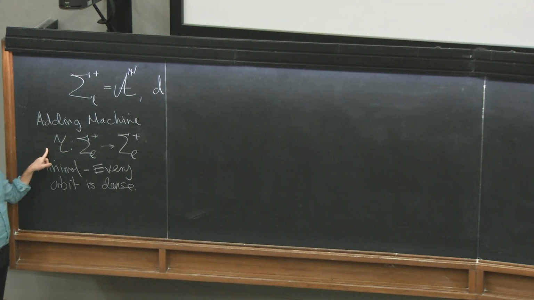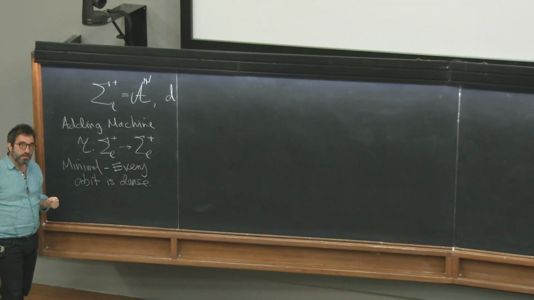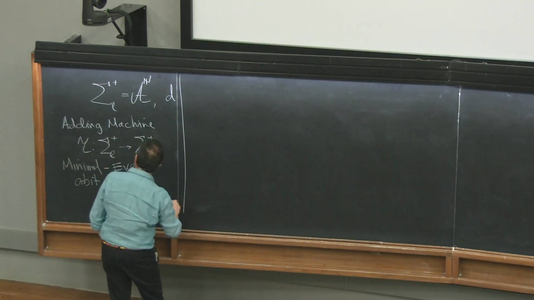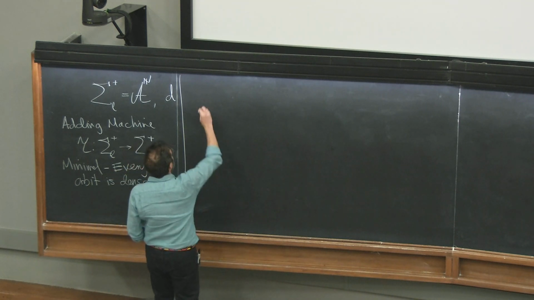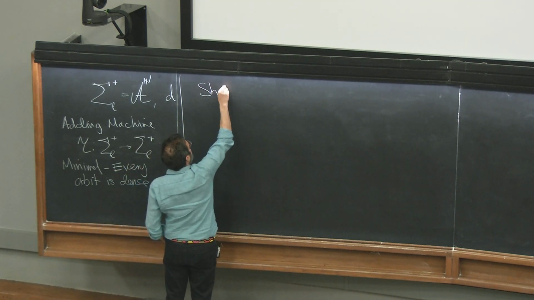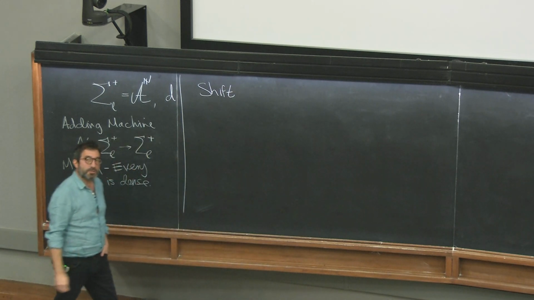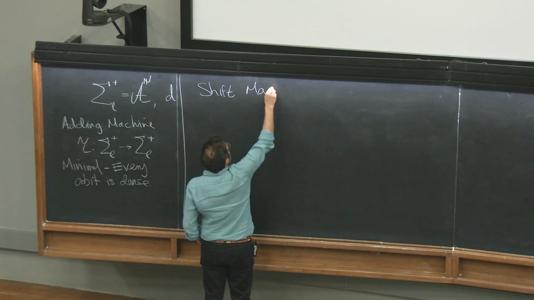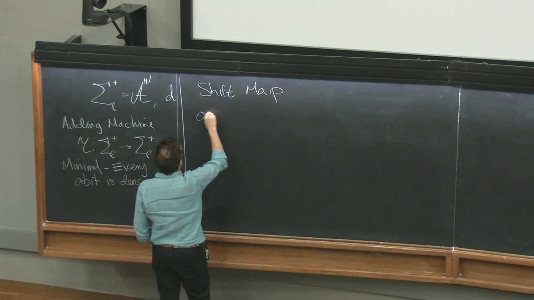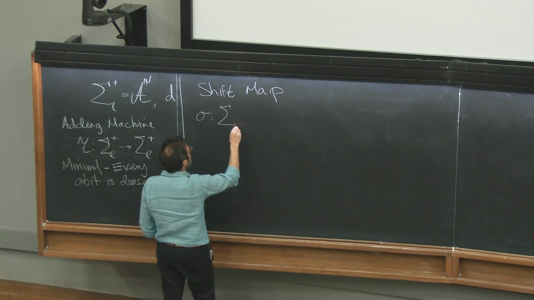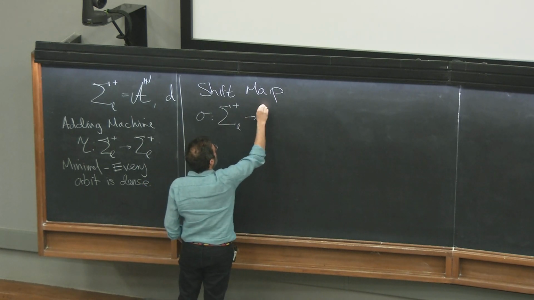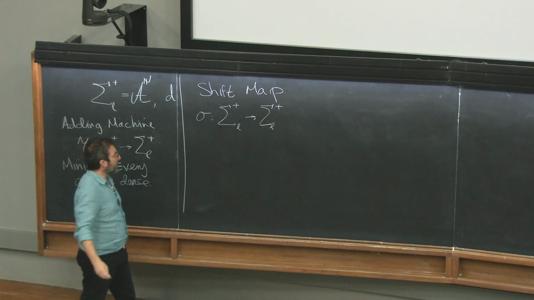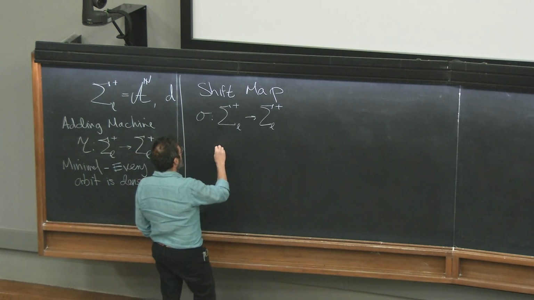So today I want to introduce another map on the same space. This is a fairly flexible space. And I want to introduce a new map called the shift map. In fact, this will be, I think, much easier to understand because, as you shall see, it corresponds to something that we have quite intuitively. Shift map, and I will define it like this with a sigma. And this is defined very simply in the following way. So if we have